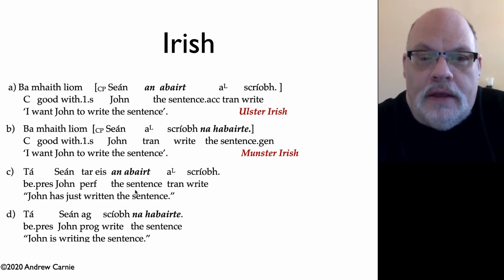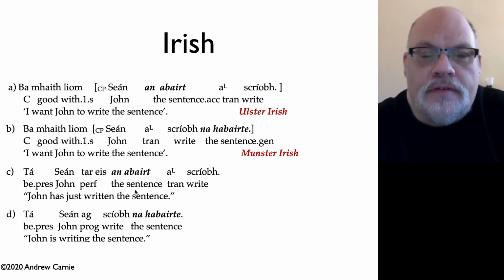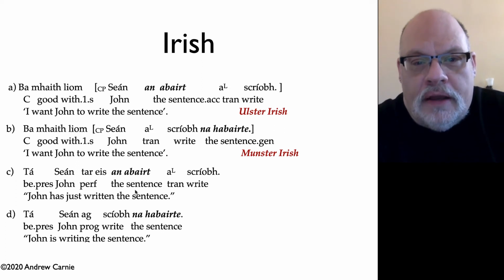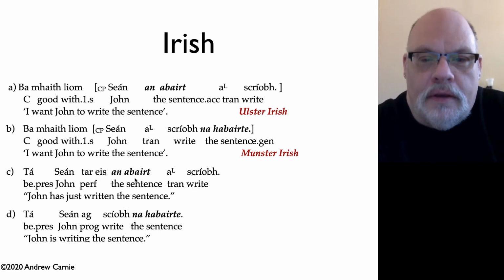So movement here would look just like movement that we have of subjects. So subjects move from a non-case position where they get their theta role to a case position. Well, here perhaps exactly the same thing is happening. In Ulster Irish, they get their theta role in the post-verbal position, and they move to a position where they